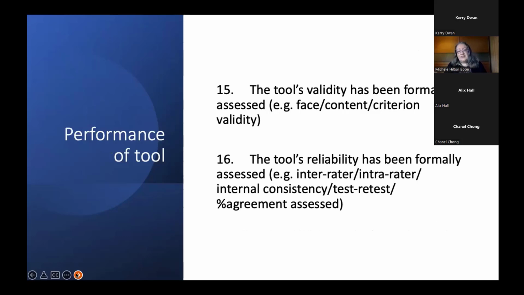The two criteria relating to the performance of the tool, evaluation of its validity and reliability in some format, were prioritized as well. Those are 16 criteria that can be assessed, if you will, objectively, based on the content of the tool itself, its supporting documentation, and any published assessments of its validity and reliability.